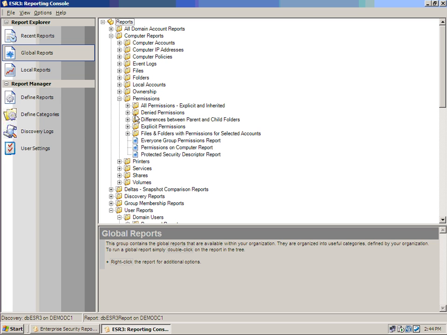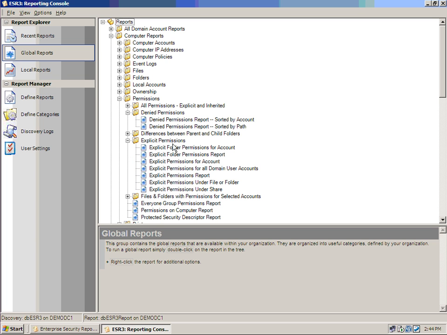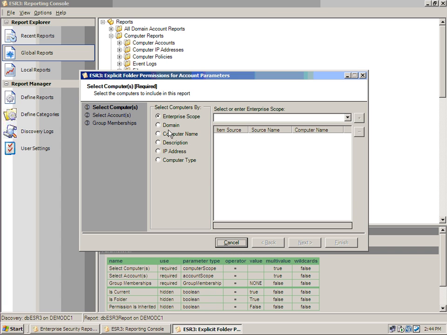Show me all of the permissions where they've been explicitly granted to a particular folder for an account. So now I can look at any number of features. I can look at an enterprise scope, which is a logical grouping of computers, whole domain, description, IP address, even a computer type. So in my enterprise scope, or in this case I'll choose domain, select my demo domain, I hit plus, shows me the computer that I'm looking for, I select next, then I can choose an account, and